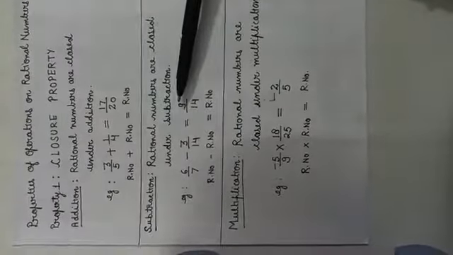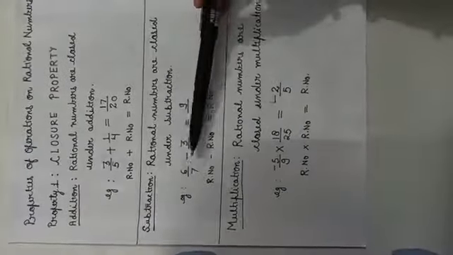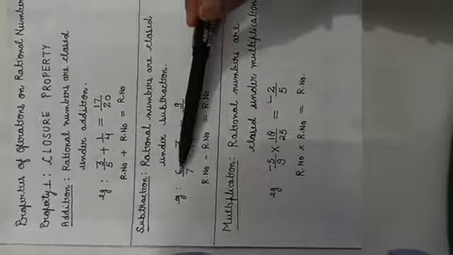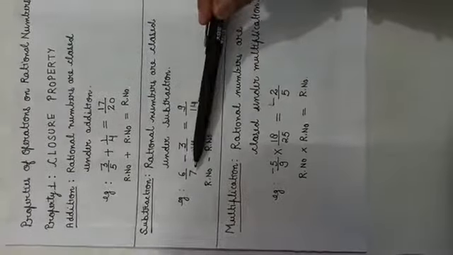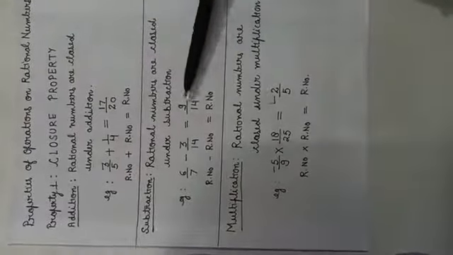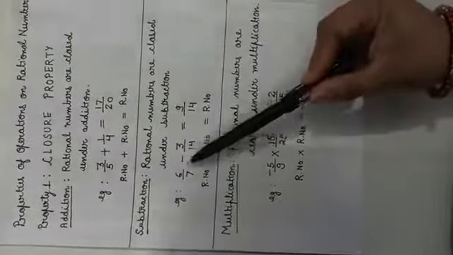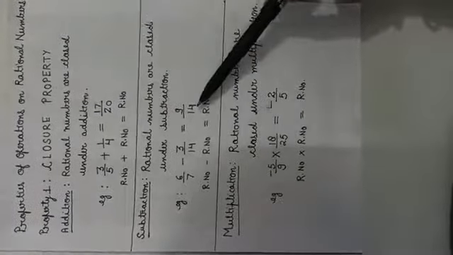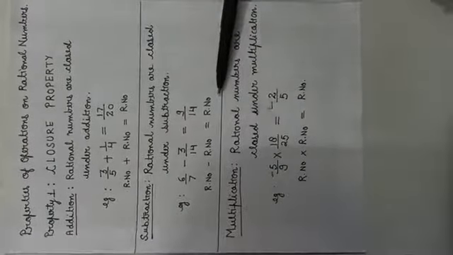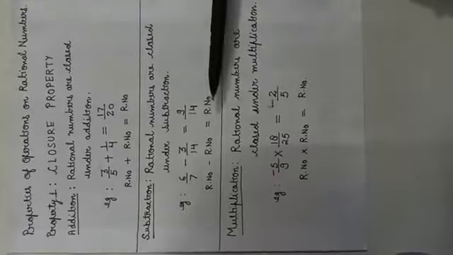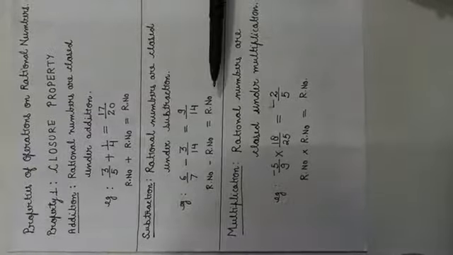Now move to the second, the property of subtraction. Now when we subtract two rational numbers, I am subtracting 3 by 14 from 6 by 7. What do we get? We get 9 by 14. The difference of these two rational numbers is 9 by 14. So we can say, a rational number subtracted from a rational number, we are getting a rational number. So rational numbers are also closed under subtraction. Means subtraction of rational numbers holds closure property.